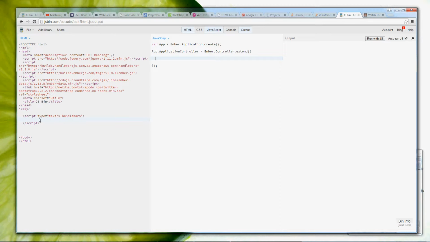Okay, so on the HTML side of this screen,